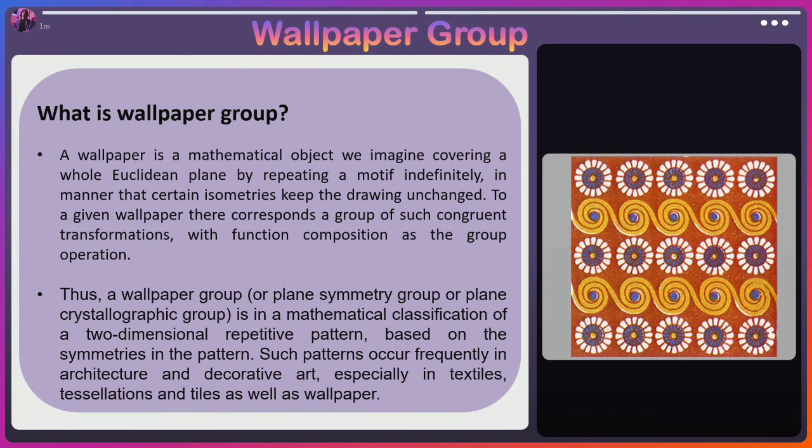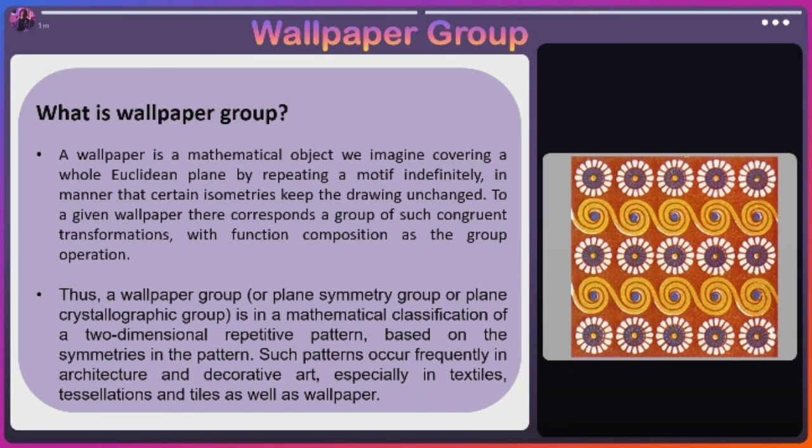Lastly, we have wallpaper group. What is a wallpaper group? A wallpaper pattern is a mathematical object we imagine covering a whole Euclidean plane by repeating a motif indefinitely, in a manner that certain isometries keep the drawing unchanged. To a given wallpaper, there corresponds a group of such congruent transformations with function composition as the group operation. Thus, a wallpaper group, or plane symmetry group, or plane crystallographic group, is a mathematical classification of a two-dimensional repetitive pattern based on the symmetries in the pattern. Such patterns occur frequently in architecture and decorative art, especially in textiles, tessellations, and tiles as well as